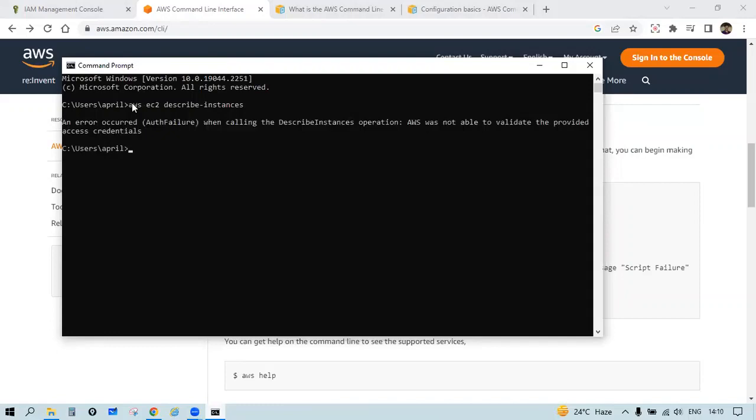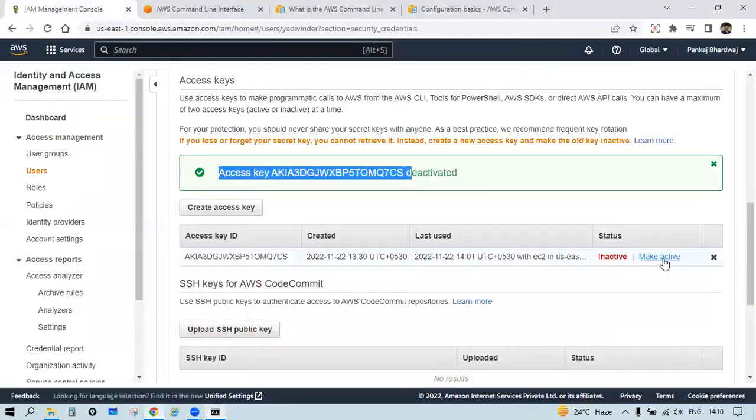आप देख सकते हो यहाँ पर दिखा दिया इसने, describe instance operation was not able to validate the provided access credentials। आप देख सकते हो यहाँ पर उसने एरर दी, अनऑथराइज़्ड वाली एरर नहीं दी, इसने दिया है AWS was not able to validate the provided access credentials। इसका मतलब जो इस CLI को मैंने कॉन्फ़िगर करा था यादविंदर के साथ, उस AWS CLI ने उस क्रेडेंशियल को वेरीफाई नहीं करा। क्यों नहीं करा? क्योंकि मैंने उस क्रेडेंशियल्स को डीएक्टिवेट कर दिया है, ठीक है।